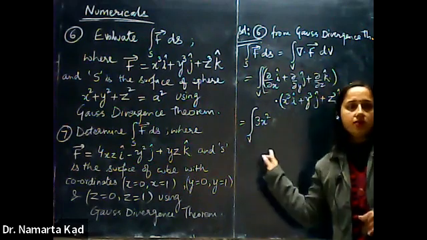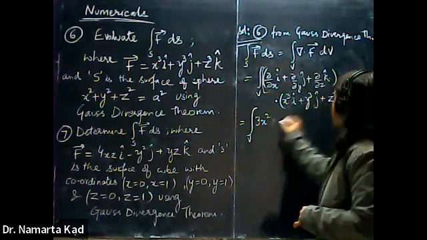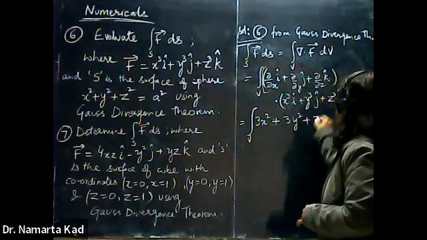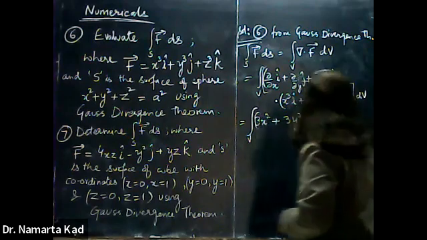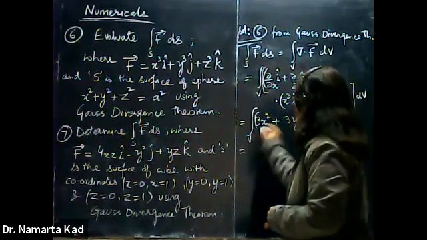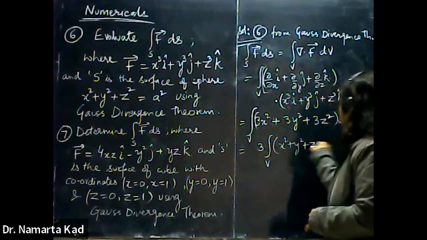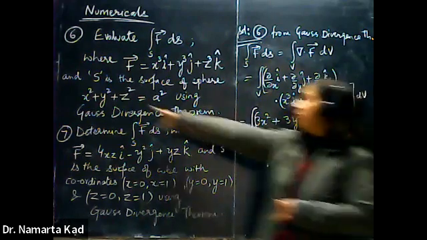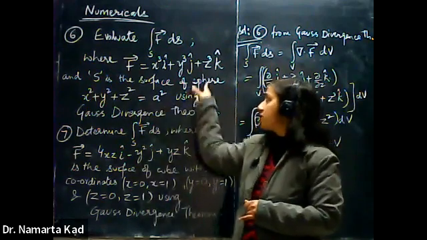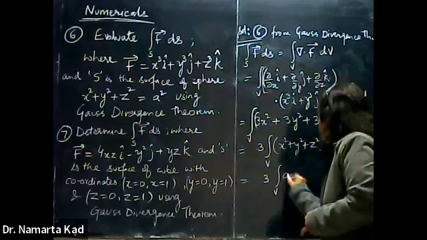Okay, so as it is the simple solving of divergence, it comes out to be a scalar quantity now. 3x square plus 3y square plus 3z square dV. Okay, and just take 3 common, that is 3 times the volume integral of x square plus y square plus z square dV. So what is x square plus y square plus z square? It is given in the question that it is equal to a square. So it is the condition for the surface of the sphere. So this will give you 3 times the volume integral of a square